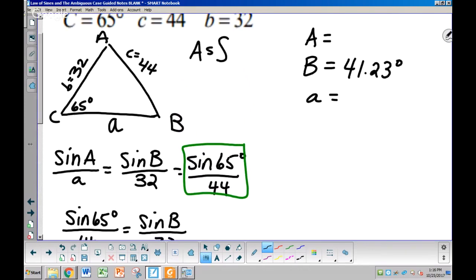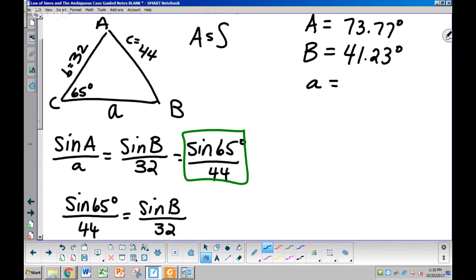Now, we could use another ratio to solve for A, but should we? We should just do 180 minus 41.23 minus 65, and you get 73.77 degrees. Thank you very much. And now we have one step left. We have to solve for